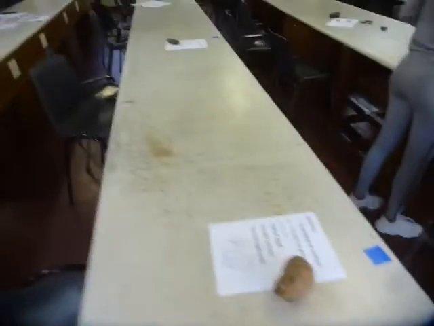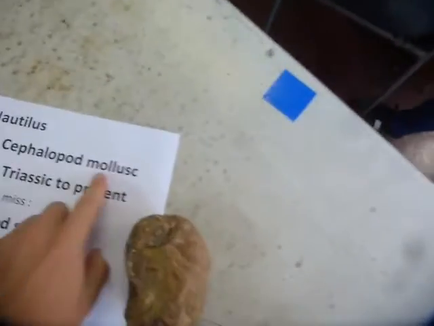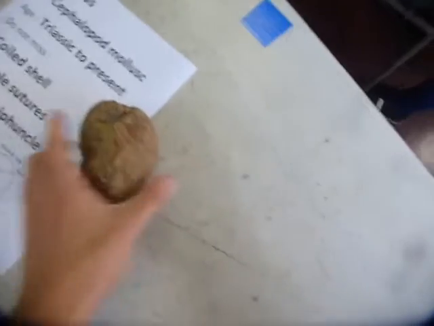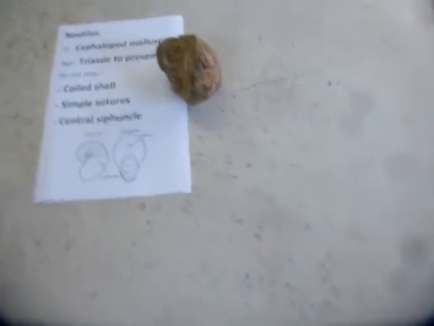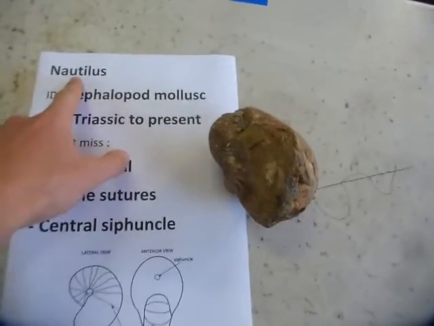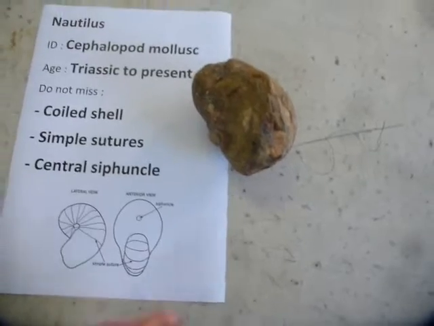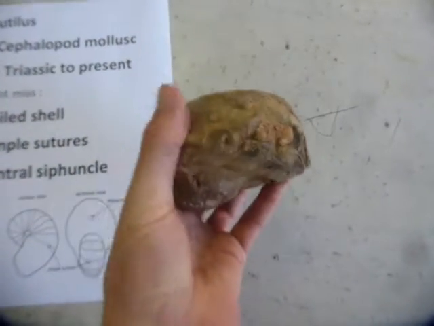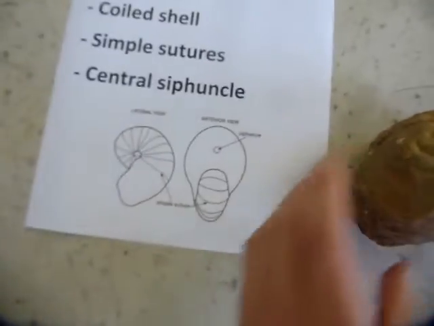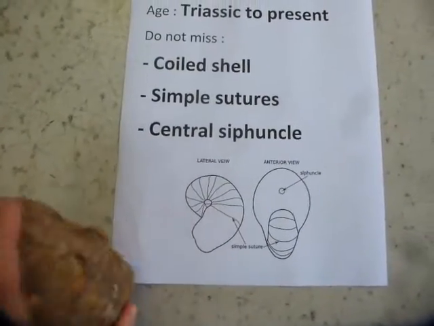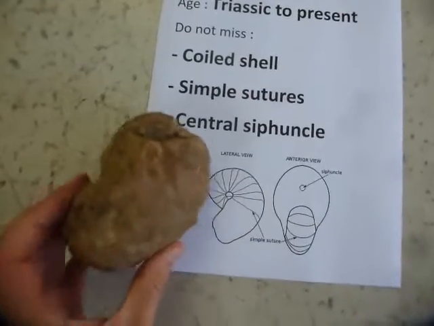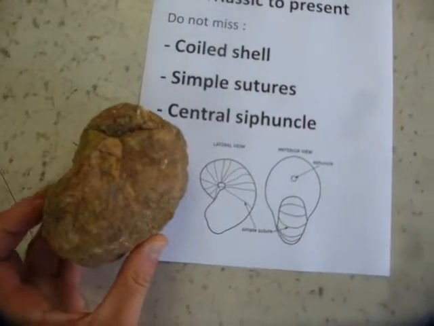Okay. Third row now. So the third row, we go into the mollusks. So the animals with a shell. This is the first mollusk we will see. It's called the nautilus, and it's a mollusk with a coiled shell. So the shell is coiled like this. If we compare to the drawing, this is how the shell is coiled.